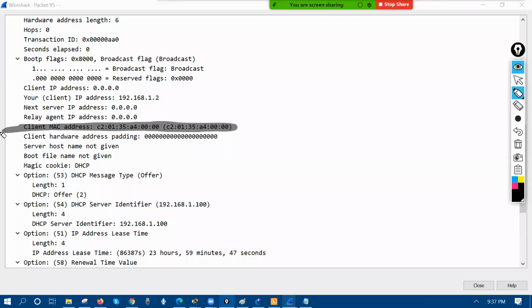This MAC address is present. So based on that MAC address, they will receive the packet, right? So now if you see,